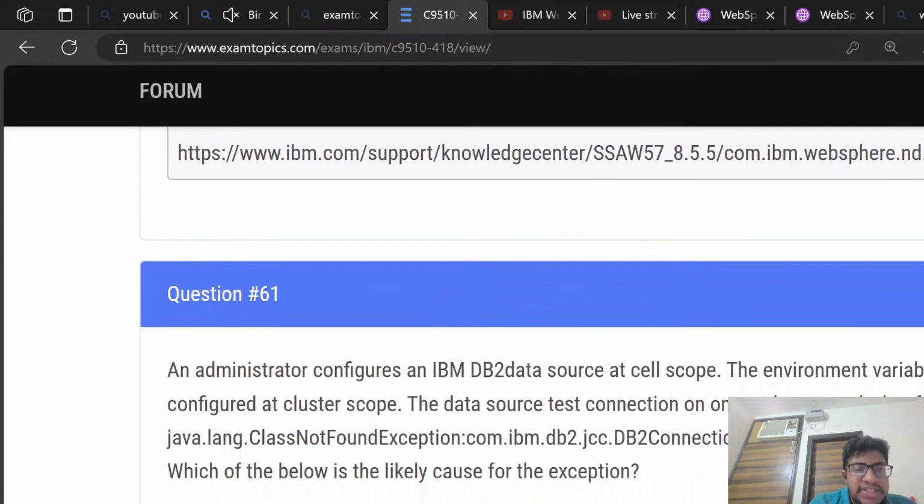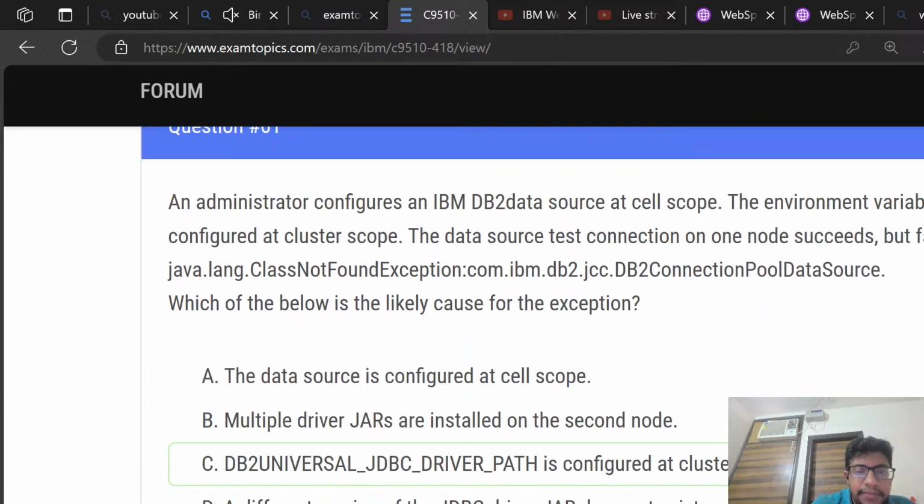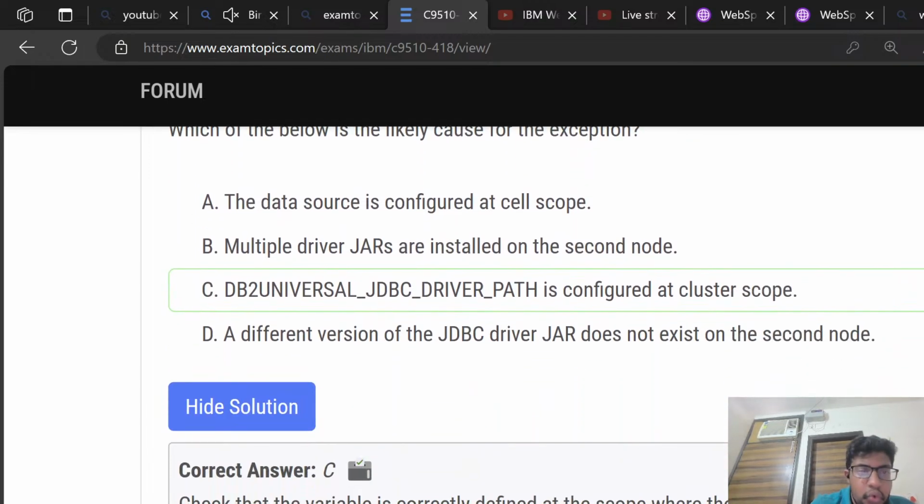Which administrator configures the IBM DB2 data source at cell scope, with the DB2 Universal JDBC driver path? Most important question: java.lang.ClassNotFoundException, com.ibm.db2.jcc. Java container, okay, DB2 connection pool. Which of the following is likely to use a different version of the database driver jar? The answer is C. See, okay, partly configured at cluster scope,